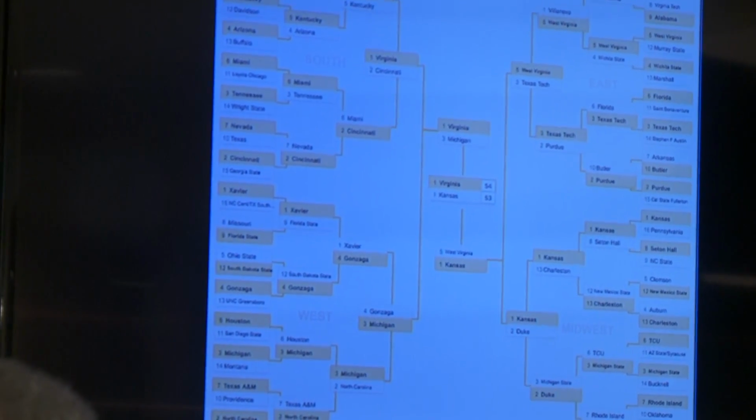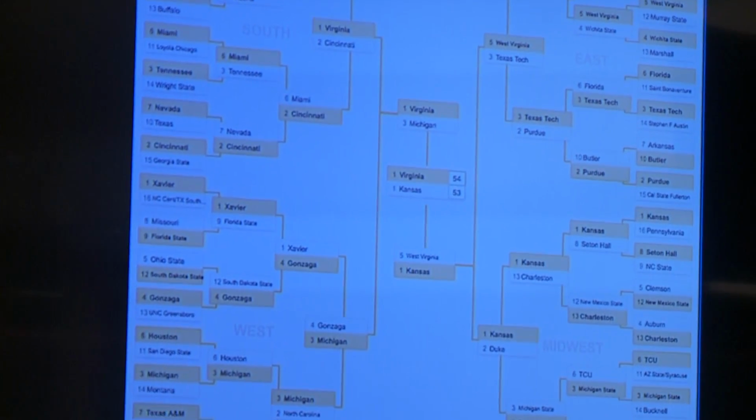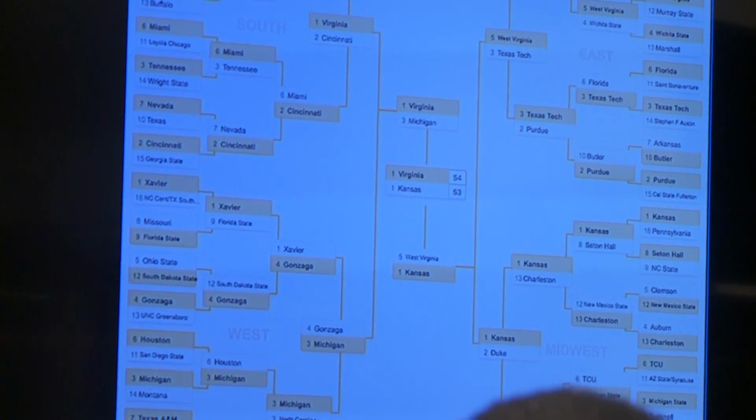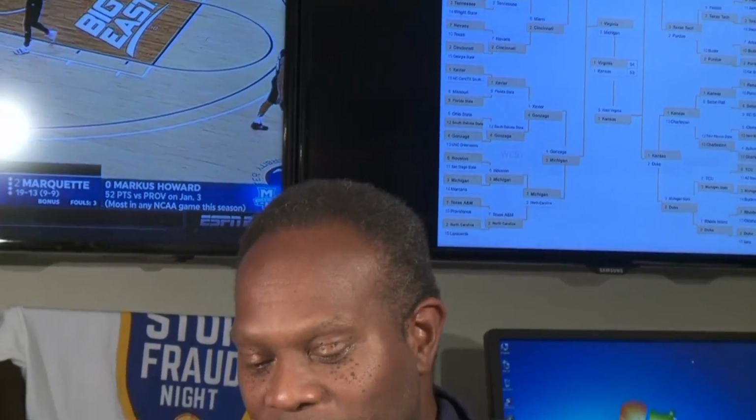In my final 4, I have Virginia, I have Michigan, I have West Virginia, and I have Kansas. When the dust clears, those are the 4 teams I feel will be remaining. All right, so that kind of takes a look at the South region. Now, if you go to the West region,